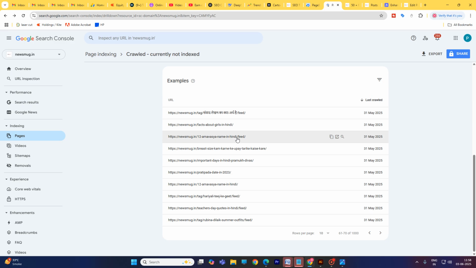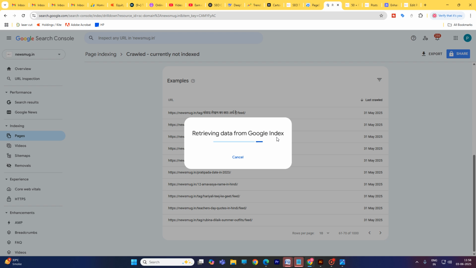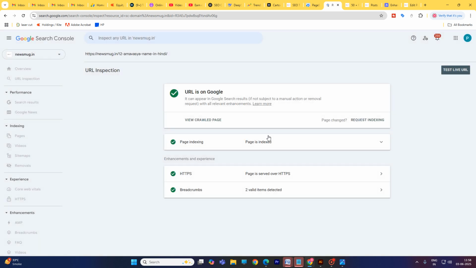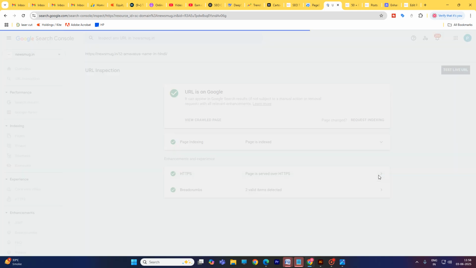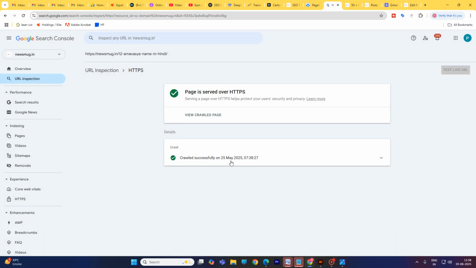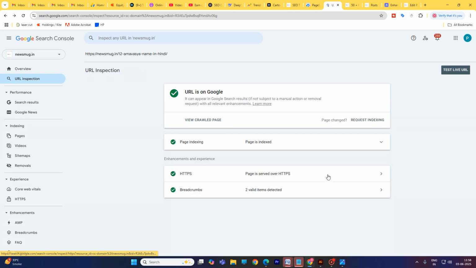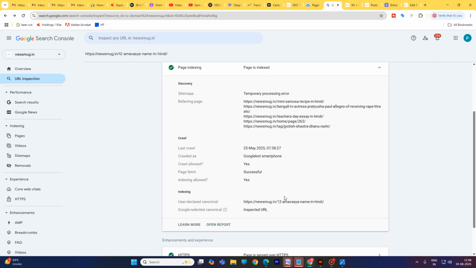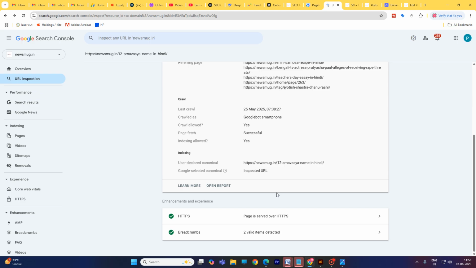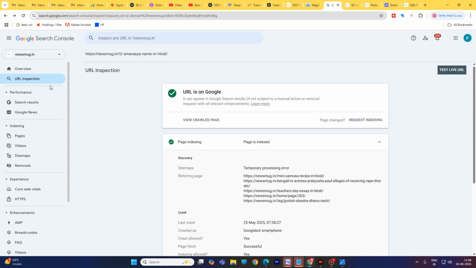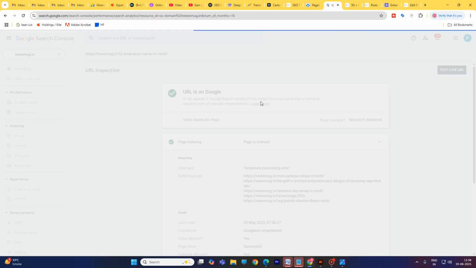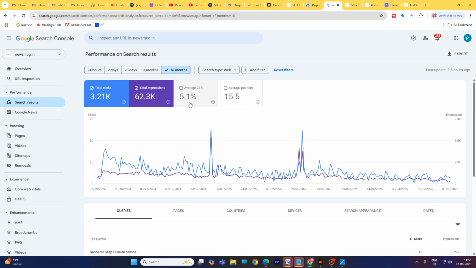Yesterday I used the same technique. This is indexed. And yesterday I pasted this URL, indexing requesting. Okay, and this is validated. So use this technique to solve your errors.